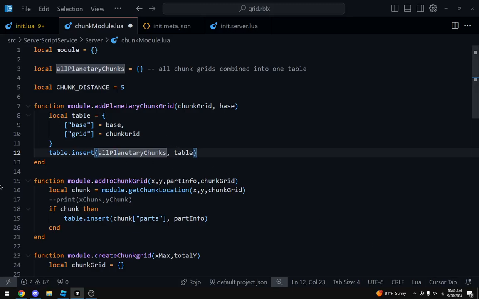Do we need anything else here? Well, no shit, we need anything else. So what do we need next? So, proprietary grid. We need to get the planet. Okay.